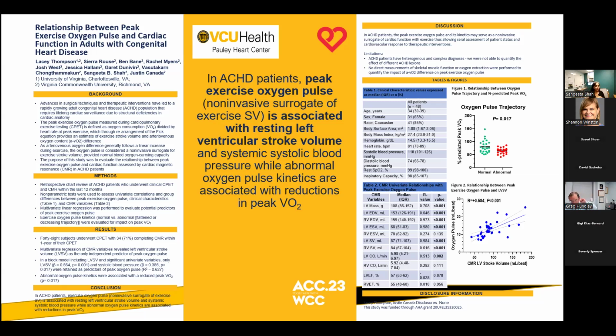But this was one of our first abstracts that we put out to the ACC, and this was only 48 subjects. But if you think about it, that's a huge number given that I just showed you data of 50. So when we first started, we had 48 patients, and we wanted to see what the MRI predictors are, because we have this amazing ability to do echo, CPET, and MRIs on the same day here. Often our patients get something within 6 months to a year of their CPET. What we were able to show is that the oxygen pulse may be a surrogate for left ventricular stroke volume when we look at left ventricular stroke volume by cardiac MRI.